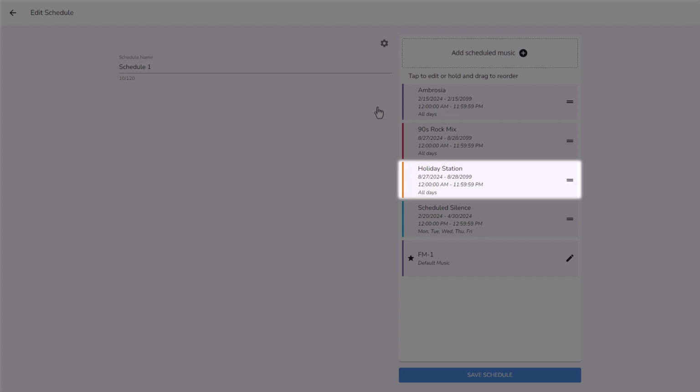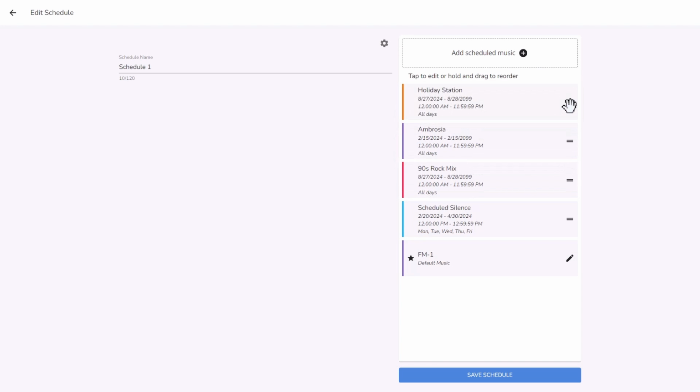If your desired holiday program is listed, simply click, hold, and drag and drop where you'd like that music to start and/or end. You may need to adjust the scheduled date and time in which the music selection needs to play, as it may be expired. For instructions, see the section Scheduling a Holiday Music Selection of this video.